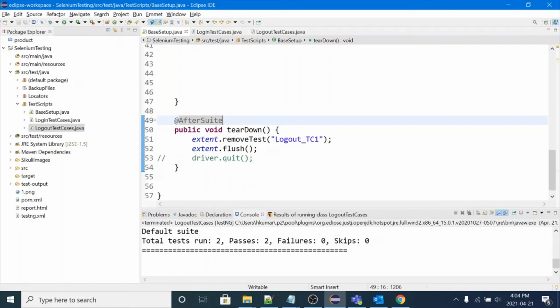If you want to apply some logic here, maybe based on some condition, like you want to remove all the test cases with some particular name, if you want to remove any test case from your extent report, you can use this code, removeTest. So that's all about system information and removeTest in your extent report.